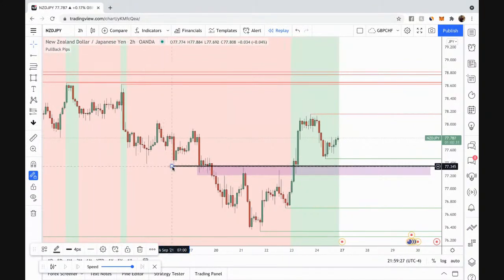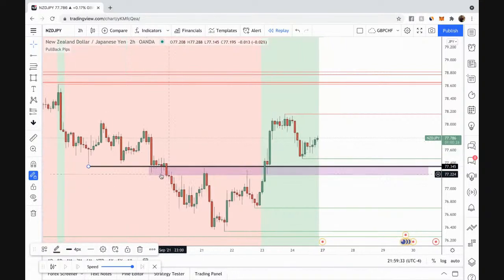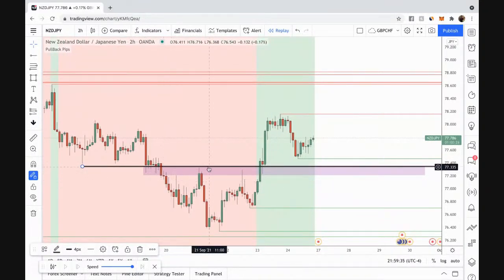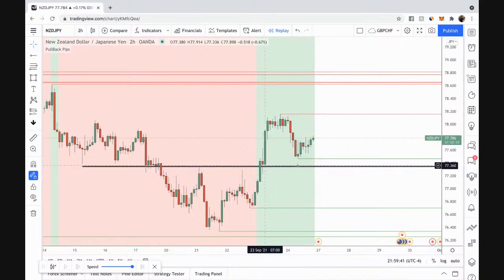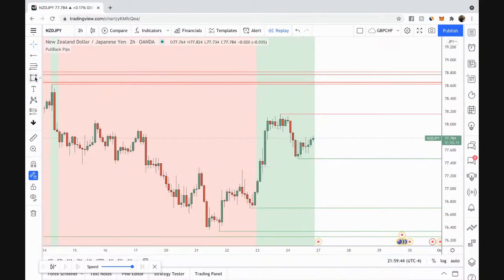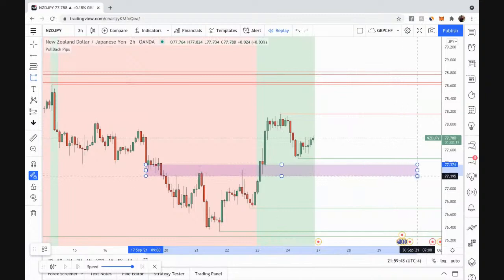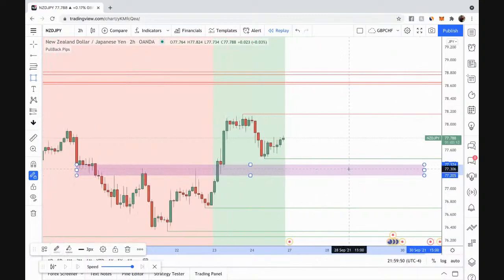This area of price was once supporting it until it broke through and became rejection. It breaks that rejection, retests as support, which is why we have this zone here, and I'll make sure to identify it, because now that it has broken through, that is where I want this market to potentially pull